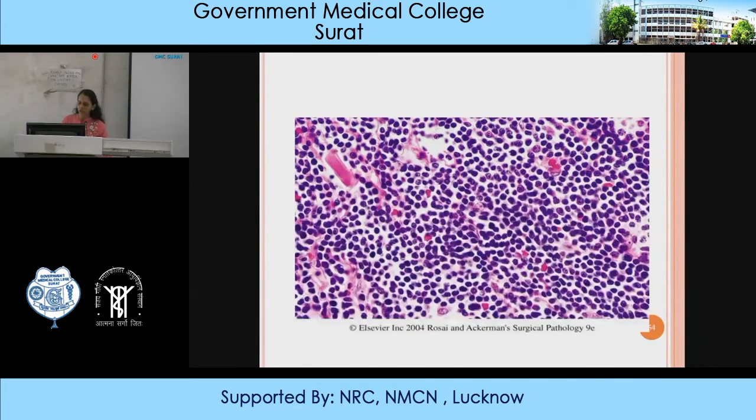What is the peculiarity of NHL? In contrast to HL, which has a specific malignant giant cell known as the RS cell, here complete effacement of architecture is seen. That means the complete lymph node, 2 cm, 3 cm, whatever section you take and examine, each and every cell will give the same look. It has a monomorphic appearance. The typical term is monomorphic. That is why we have to examine the complete node.